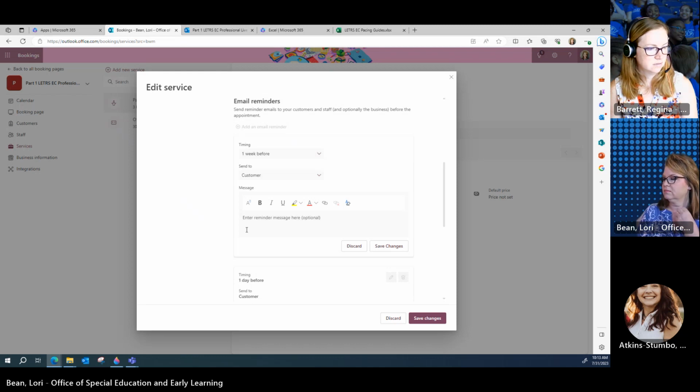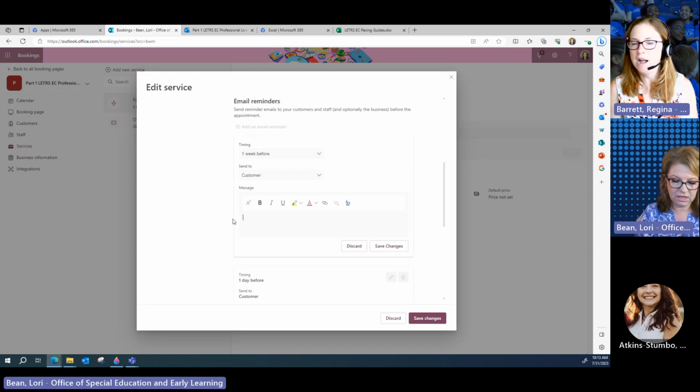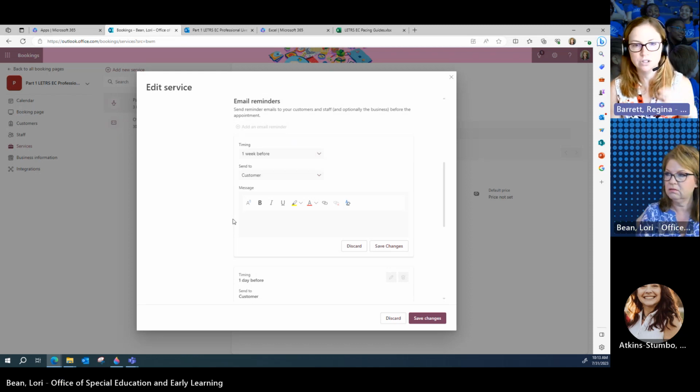And then you just don't have to have a follow-up if you don't want to. You can just delete the follow-up if you don't want it to send something to them afterwards. But if you do, that's super handy as well. So if there's some sort of exit slip or whatever.